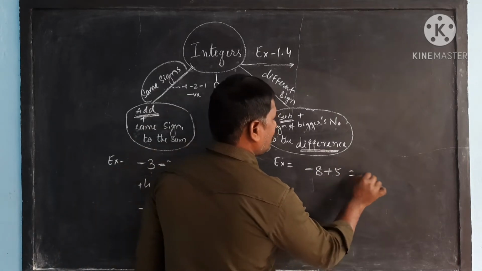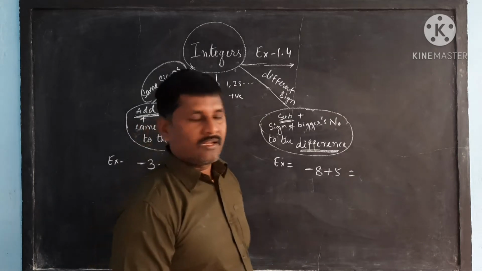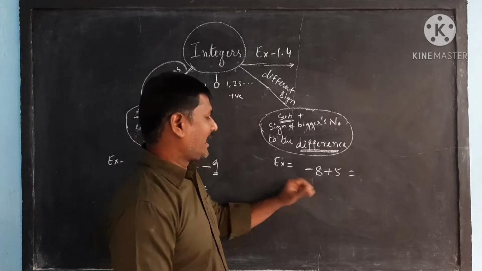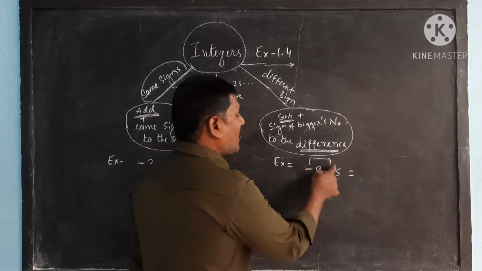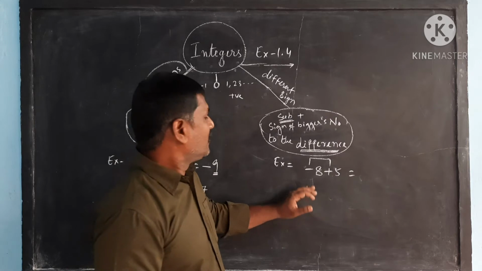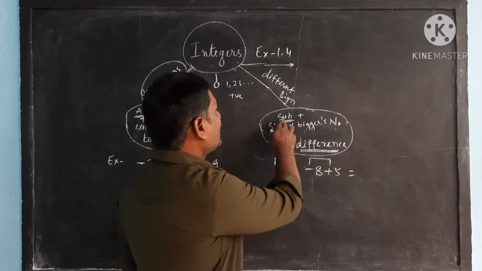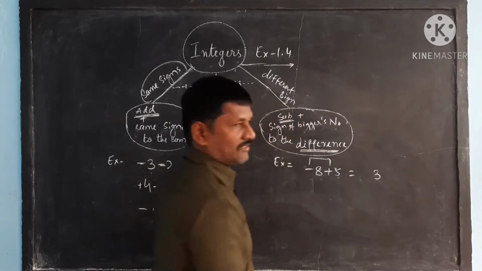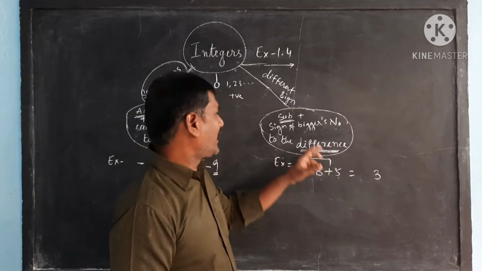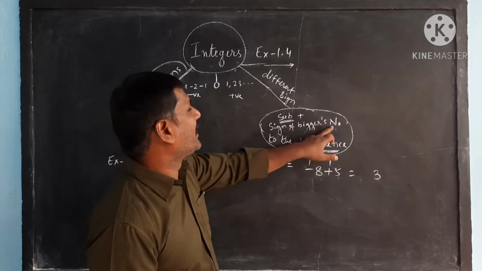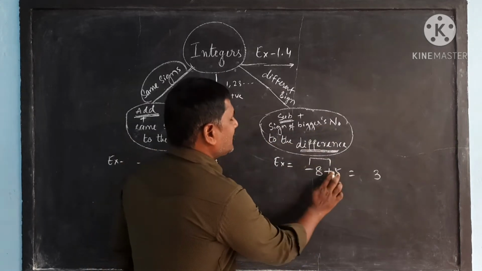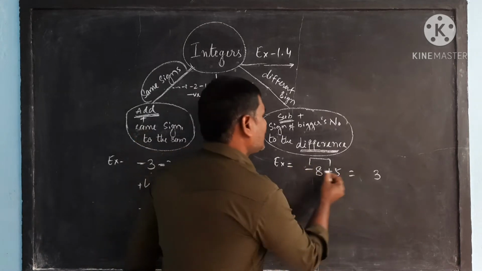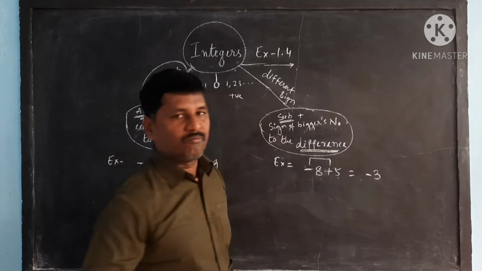Let us say -8 plus 5. Here there are two numbers. One number, 5, has a plus sign, and 8 has a minus sign, it is negative. As the signs are different, they are not the same, then you have to do subtraction. Subtract the smaller from the bigger number. 8 minus 5 is equal to 3. After subtracting, what I told you, the sign of the bigger number. When you omit the signs, which one is bigger? 8 is bigger. You have to write the sign of 8 only. That means the sign of 8 is minus. You have to write a minus.